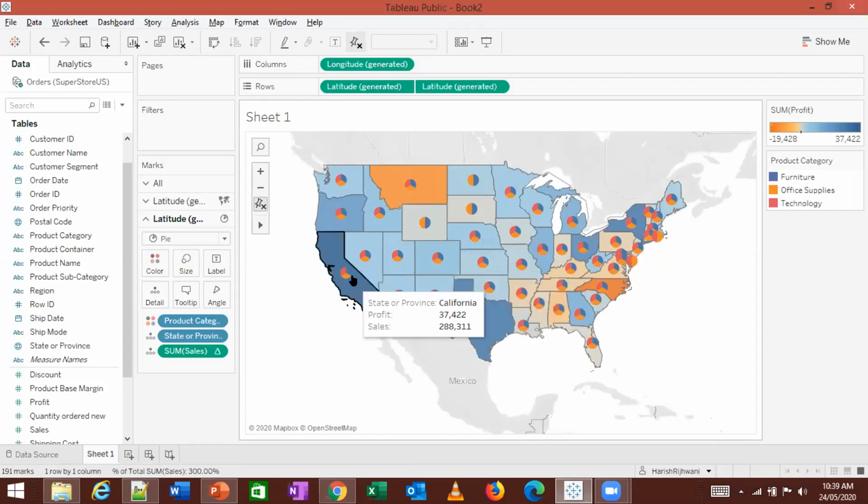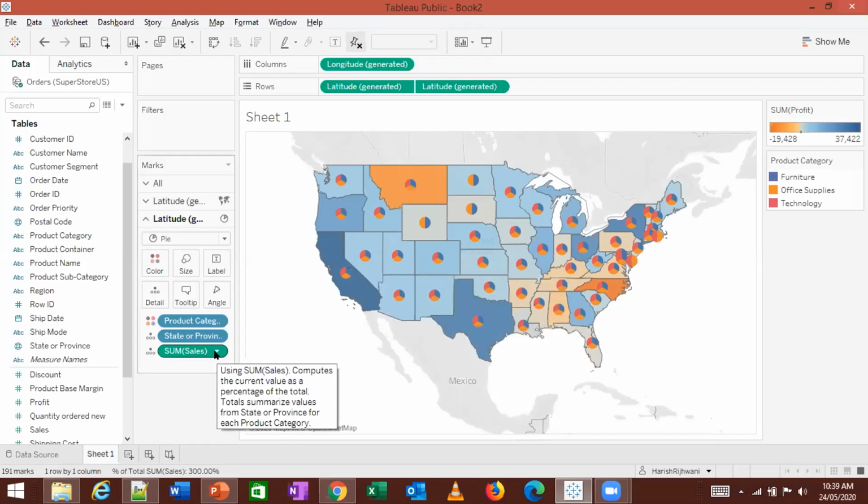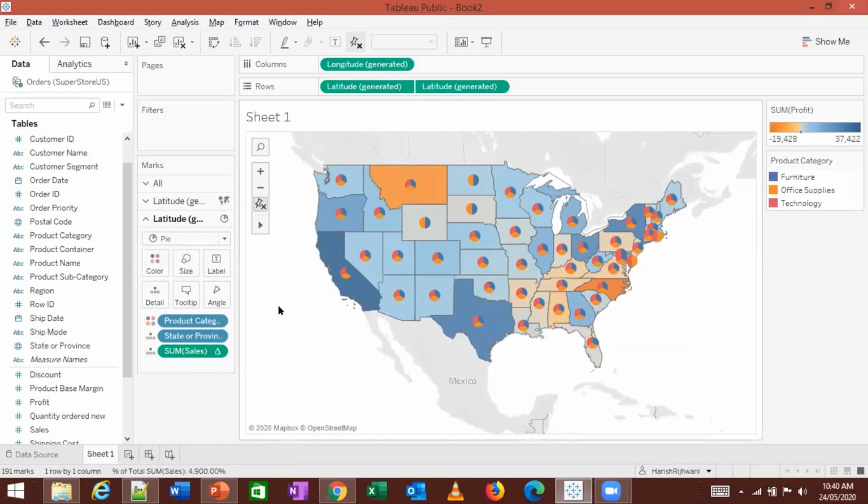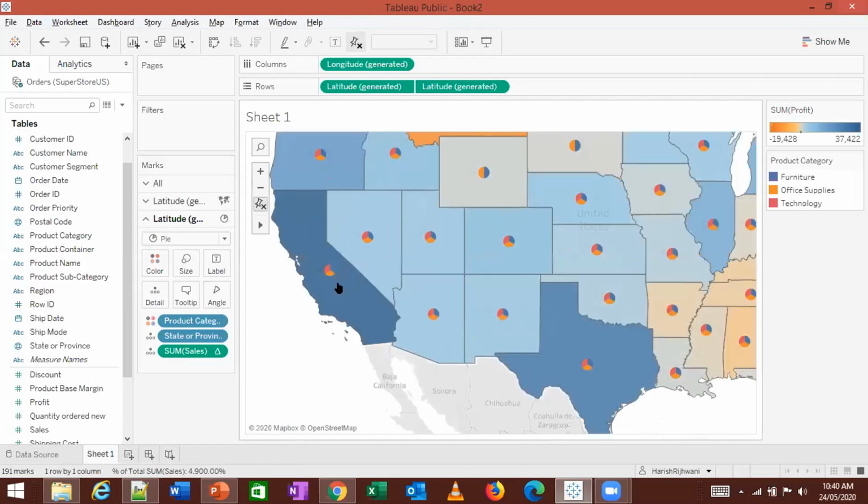So this doesn't tie to 100%. In order to change that, you click on this edit table calculation. Instead of state and province, just choose product category. And now if I check the percentage, it will show me 37%, 28%, and 34%. So that adds up to 100%. So it's important to keep that in mind.